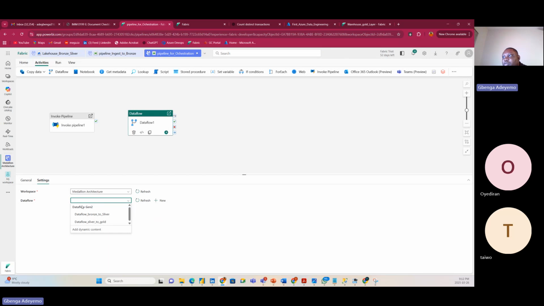The first data flow is which one? The one that runs from bronze to silver. So when this one is successful, you see the green on success, and on fail. On fail is another one, on completion is another one. What's that one? On skip. I will show you that one later when we talk about pipelines. So on success,